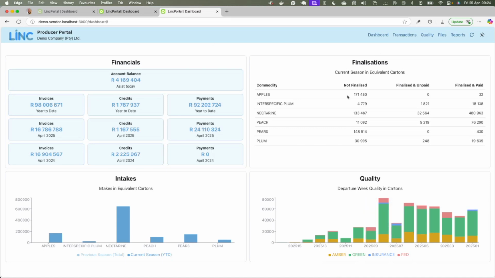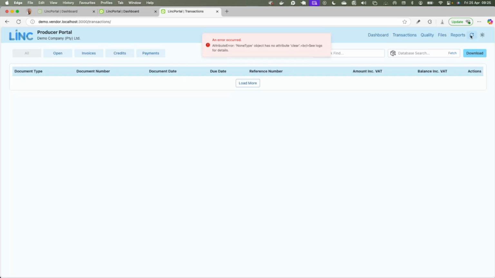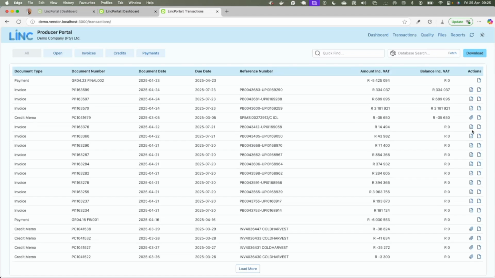So that's the dashboard. The transaction page here is exactly the same as on the customer and vendor portal. This is the ledger entries of your producer. The only exception here is that the attachments and the downloads on each transaction are intelligent, so that if an invoice was the result of a produce bill, then downloading this document here will actually generate the produce bill payment advice.